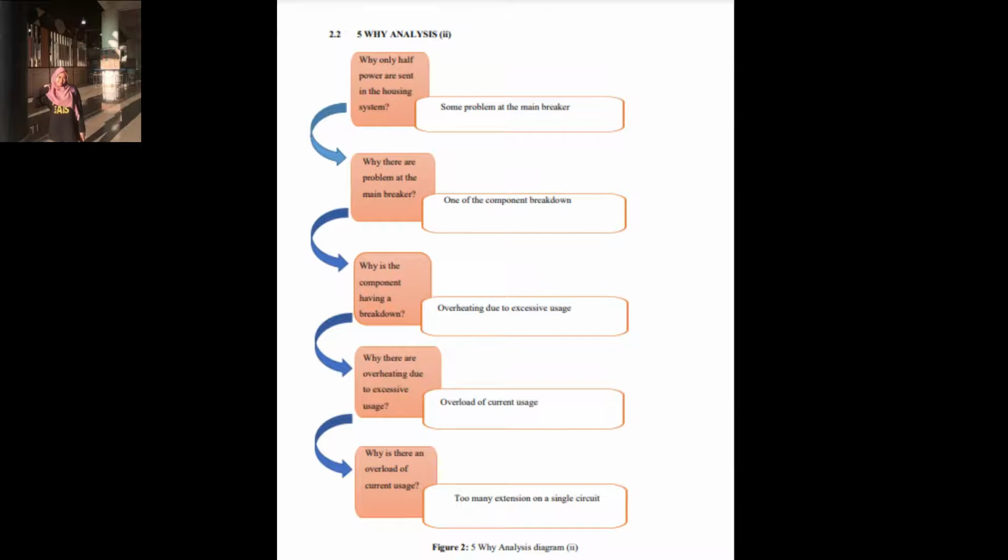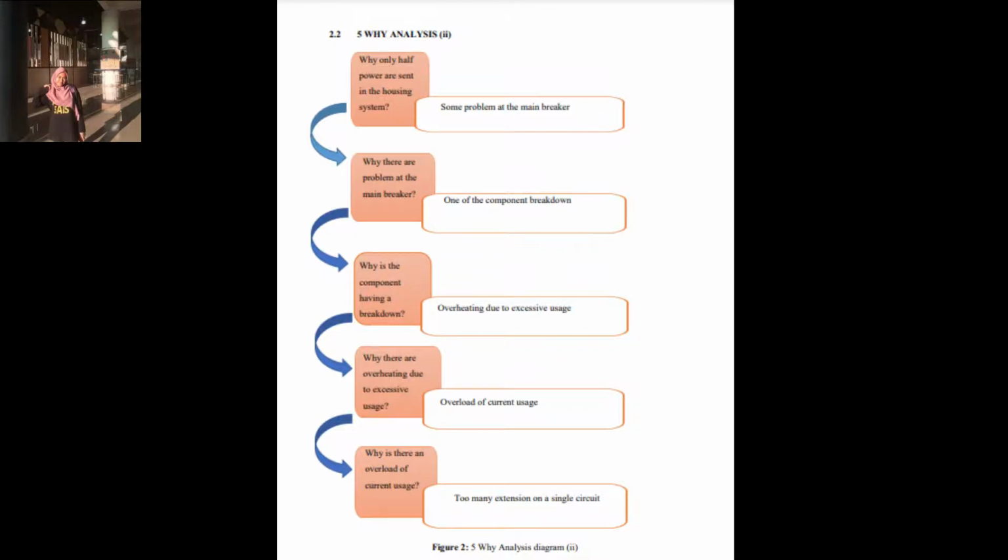problem that we have detected in the video, we are using the 5Y analysis method, and in this 5Y analysis diagram, we have gathered the main problem that occurred in the video. The problem is that only half power is sent to the housing system. Due to that, we have collected several more reasons or root causes